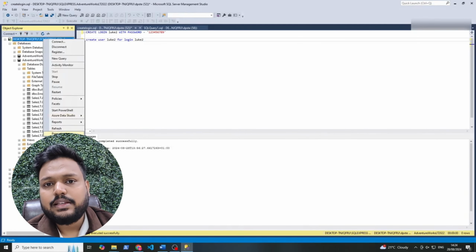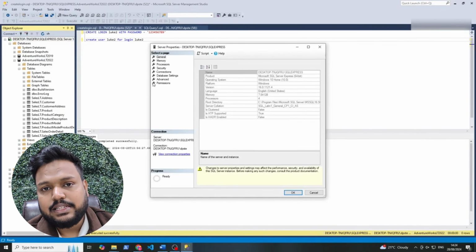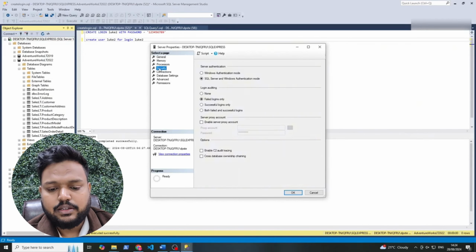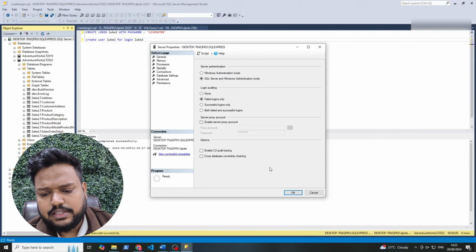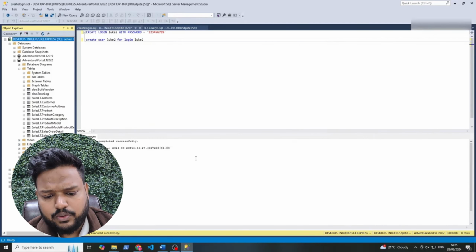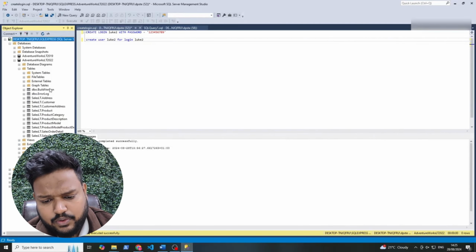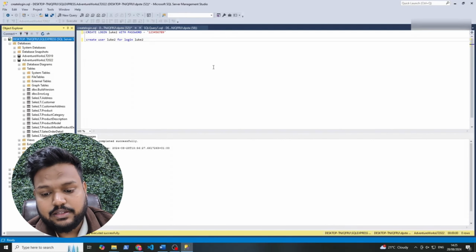Go to Properties, then Security. On this side, under Server Authentication, you'll see Windows and SQL Server, and Windows by default. You have to select SQL Server and Windows, so that this username and password can now work. Once we have that assigned, you might have to shut this down and open it back up for it to work. If we go back to the portal,